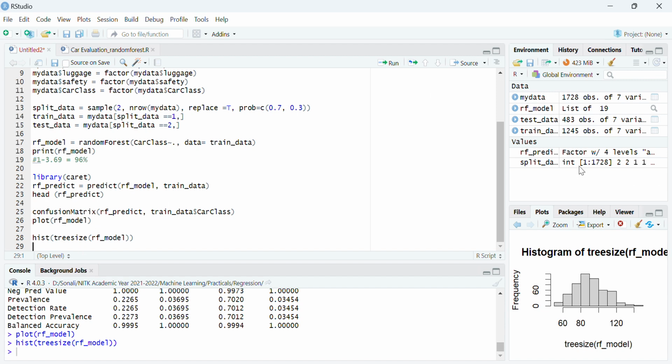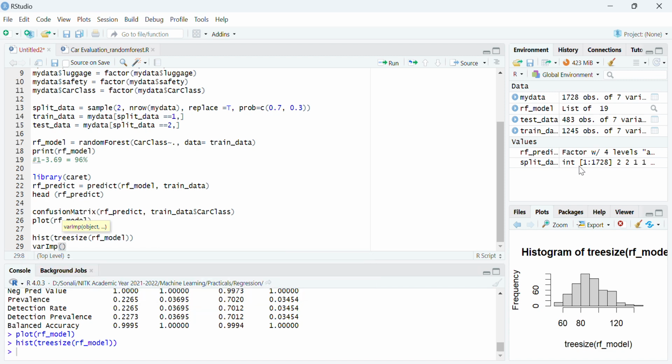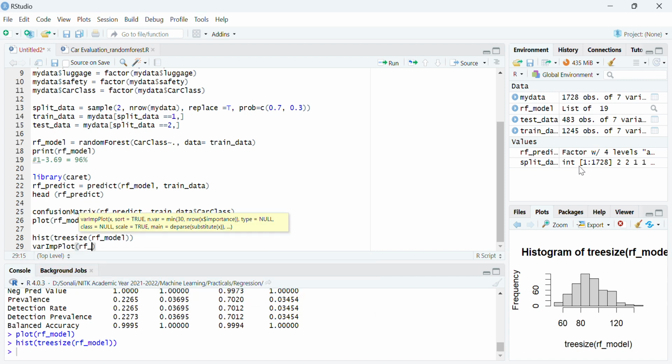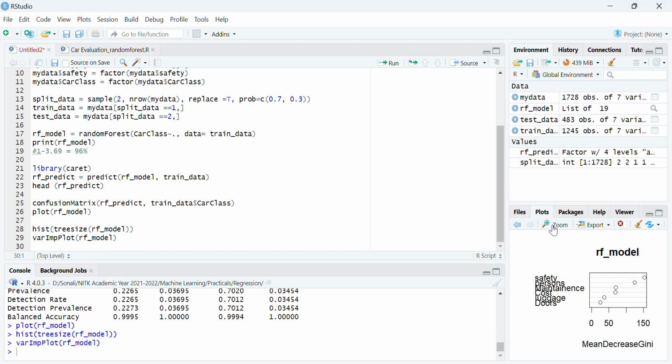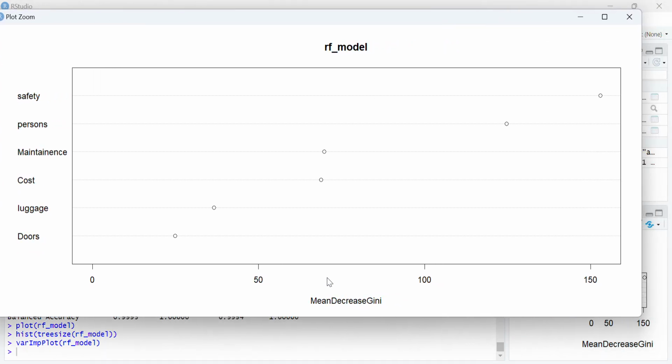So you can even see the variable importance plot of the model. Fine. So you can see on this type of data also, the Gini value is there. Gini captures how pure the nodes are at the end of the tree, because it goes on splitting, right?